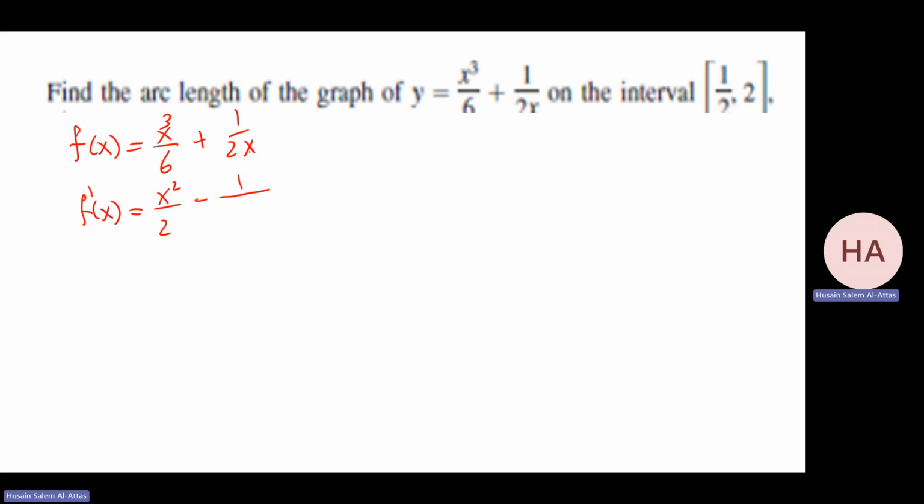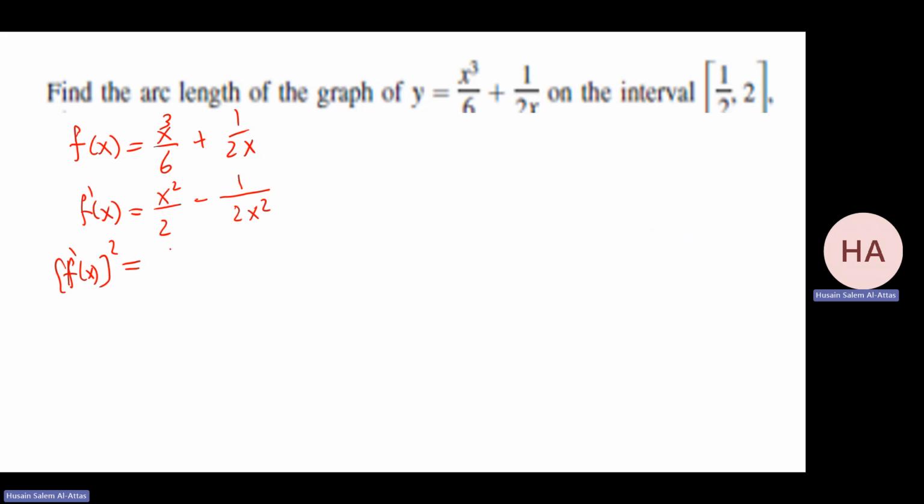Minus 1 over, this is what? 1 over 2x squared. The derivative of 1 over x is minus 1 over x squared, times half. Now I need to manipulate this. F prime squared